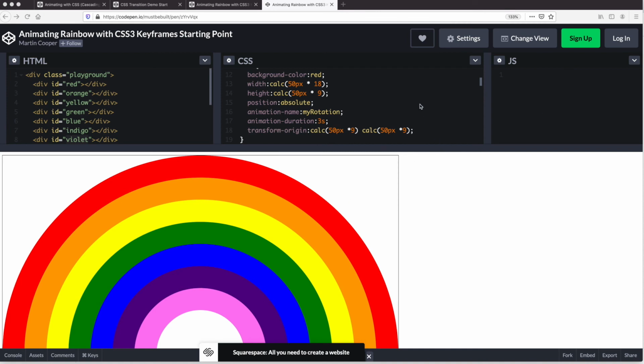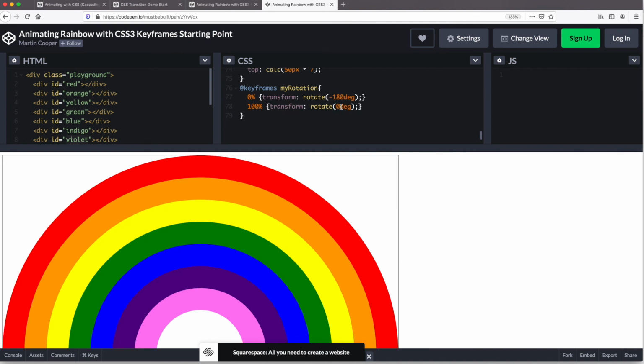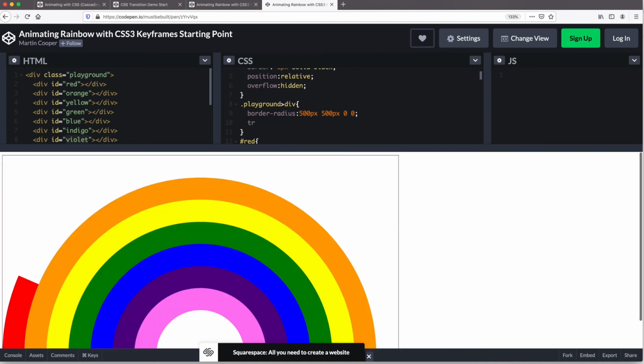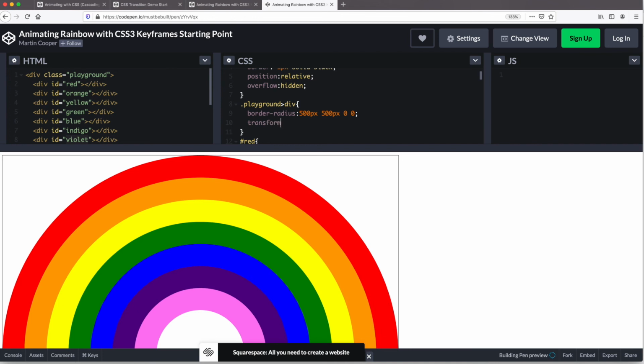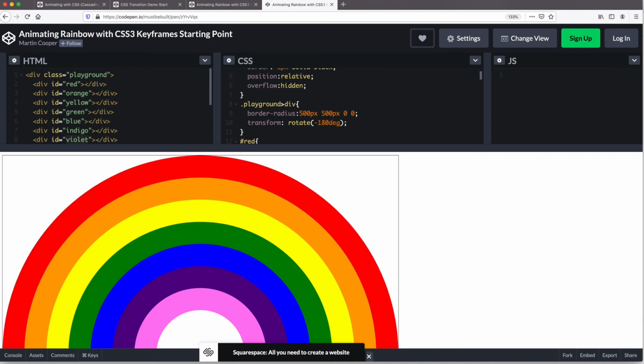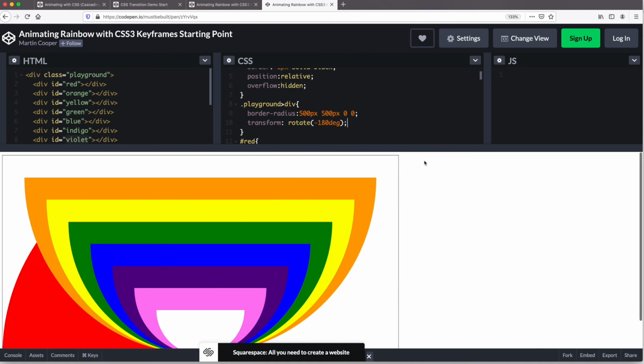Because down here, we are setting it from minus 180 to 0. So let's initially place all of the stripes at that value. We'll target this one here. Remember that we use this to put the rounded effect on each of the blocks that make up the rainbow. So on here we'll say transform rotate, and we'll set them all initially to be minus 180 deg, and you'll see how they all